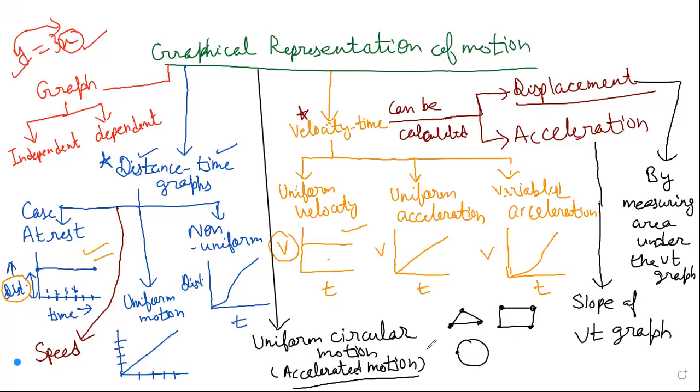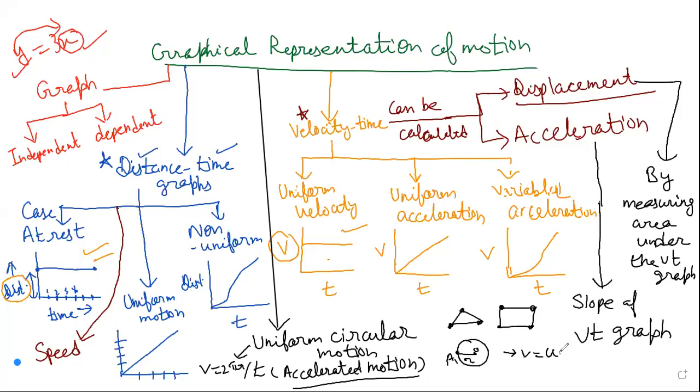Uniform circular motion. And how can we calculate the uniform velocity? Velocity for a uniform circular motion can be calculated as V is equal to 2 pi r by t. Because 2 pi r will be the circumference. If the body is starting its motion from this point A, this is O and this is R, then one round will represent the 2 pi r, that is circumference, divided by the time taken. We will be able to calculate this. Clear?